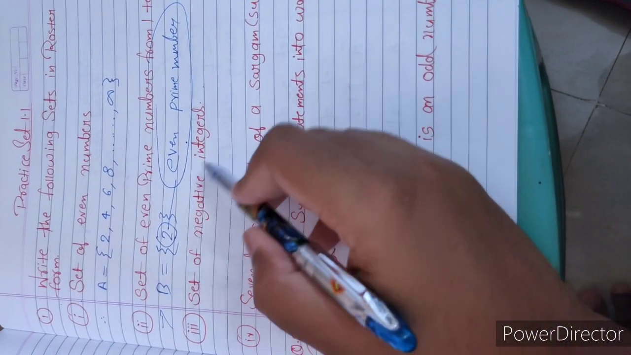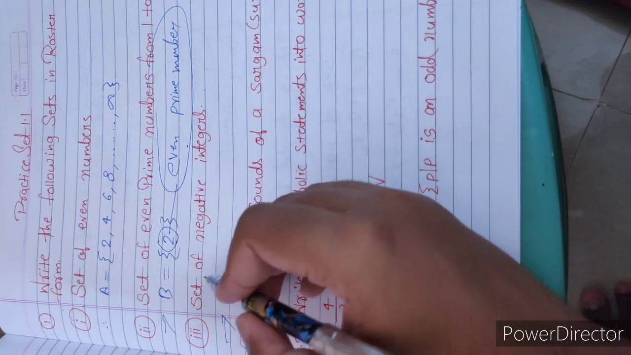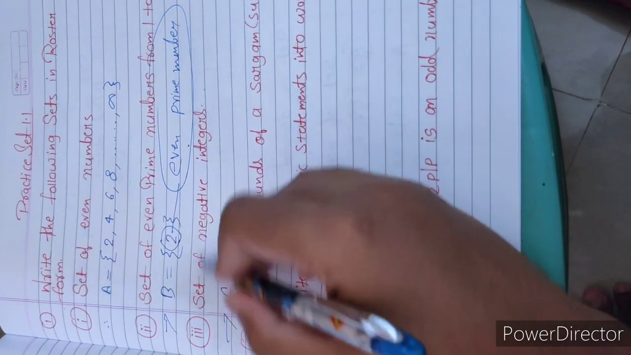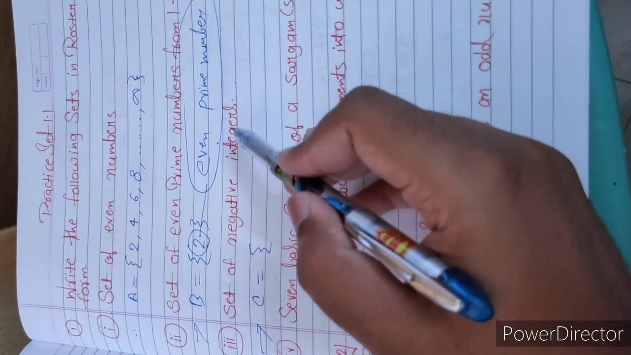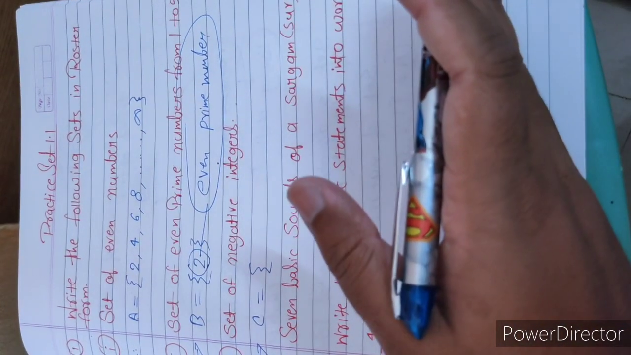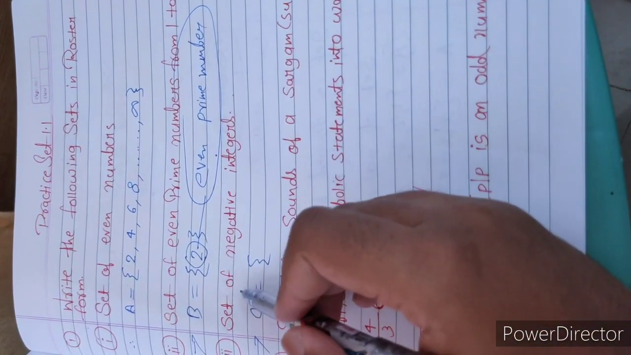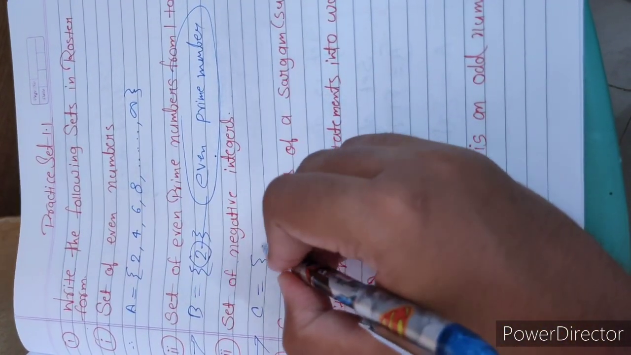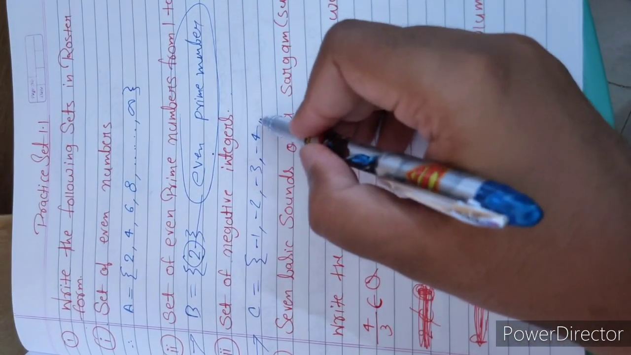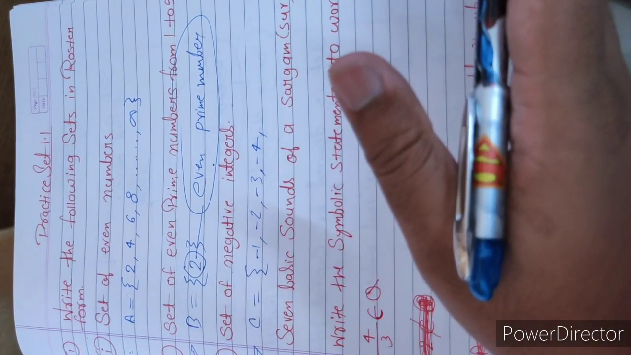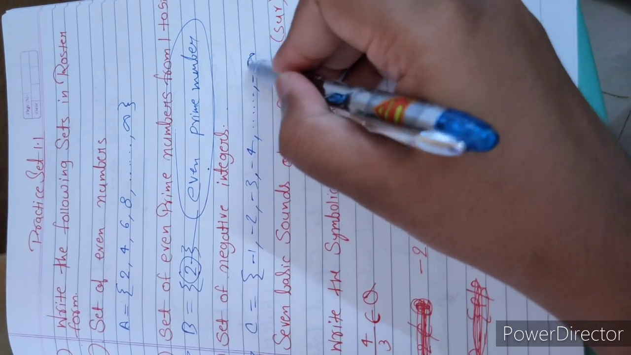Next one: what is given? A set of negative integers. Here we have considered A and B, so we will consider it C. We learned what negative integers are: negative integers means simply numbers which have a minus sign. So we write -1, -2, -3, -4. There is no limitation, the numbers are infinite, so we will write dot dot dot and minus infinity